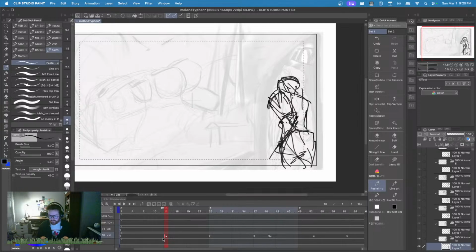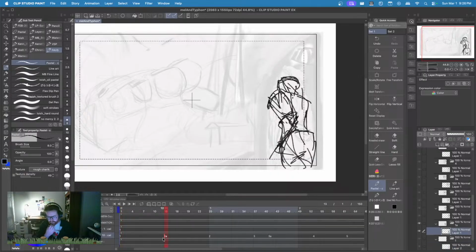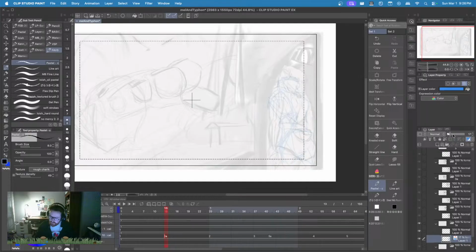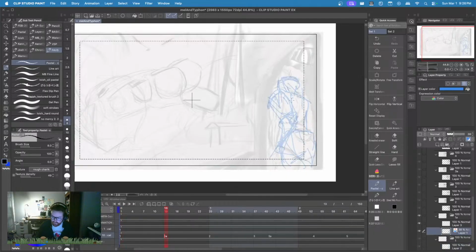Let's see. So now my job is to turn this mess into something that looks more like that. So we're going to add a new layer. We're going to turn this one blue, knock it back, and then see what we